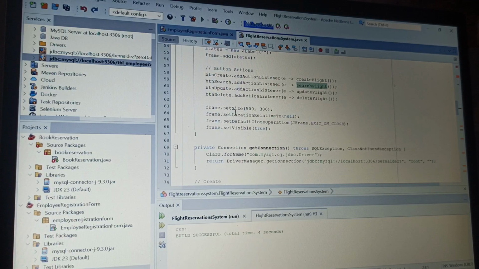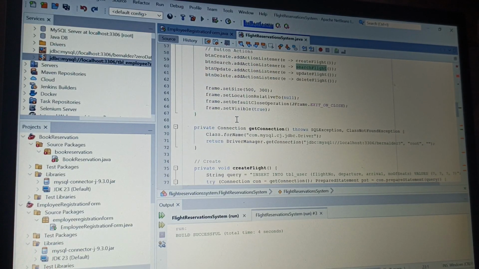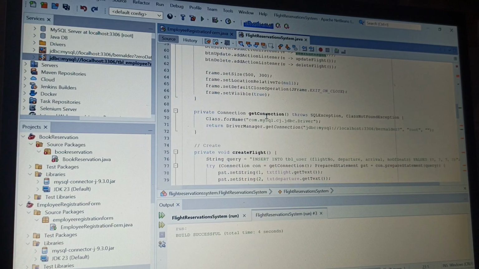This frame.setSize sets the window size, centers the window on screen, specifies that the program should exit when the window closes, and makes the window visible. That's why we have JFrame.EXIT_ON_CLOSE.